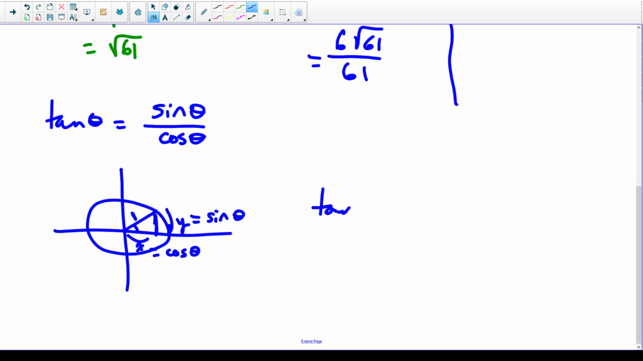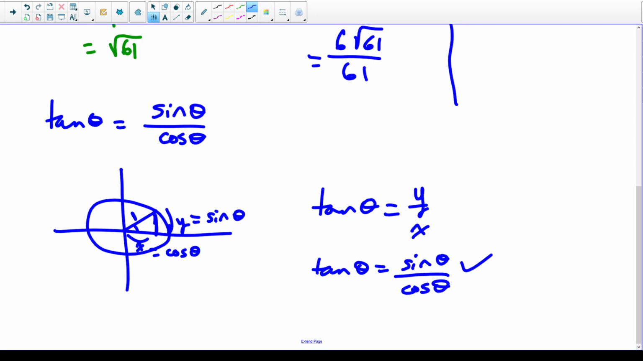Well, tan theta would be equal to the opposite over the adjacent, which is just y over x. But we just said that y is equal to sine theta and x is equal to cos theta. So there's my proof, if you will, that tan theta is equal to sine theta over cos theta. Does that work